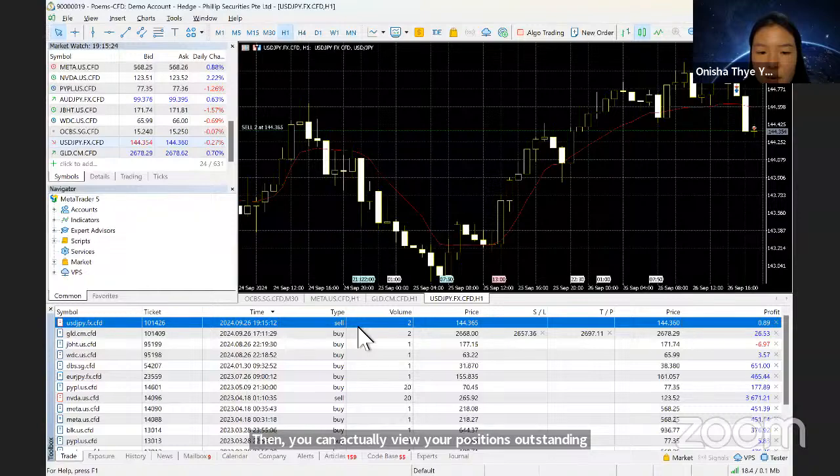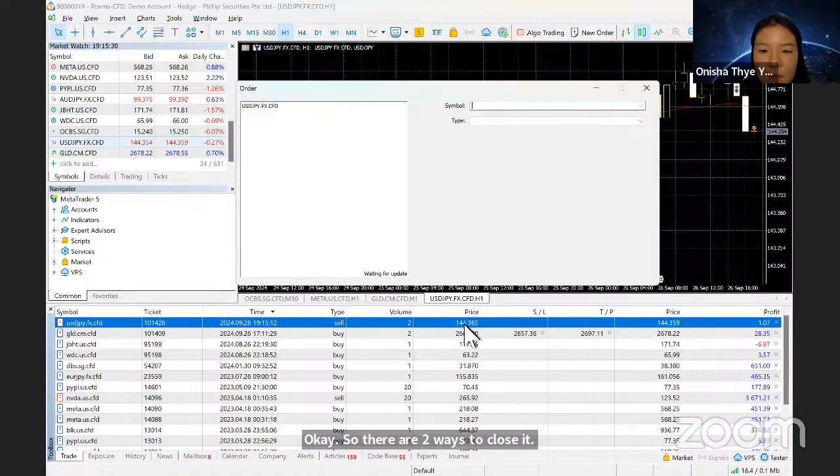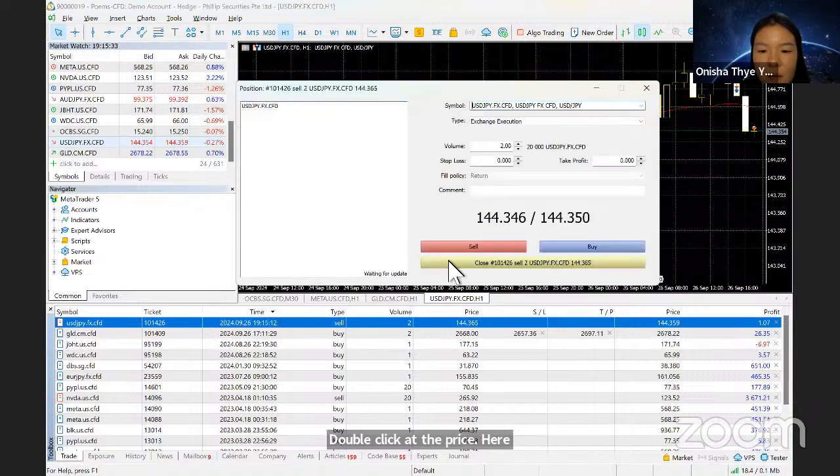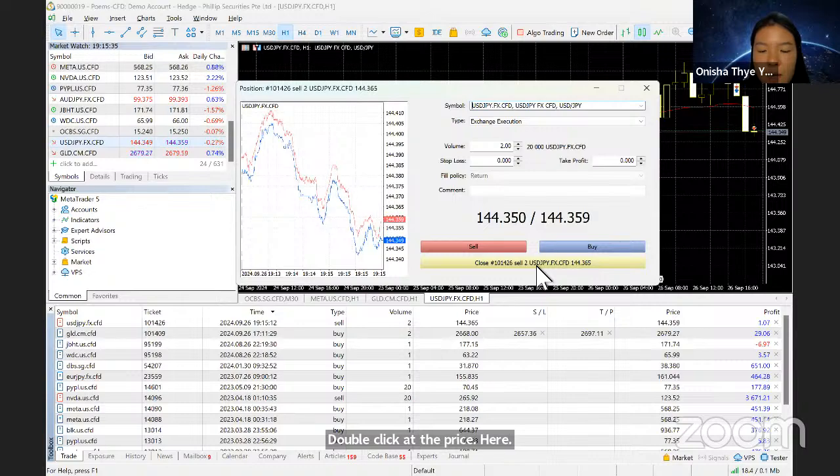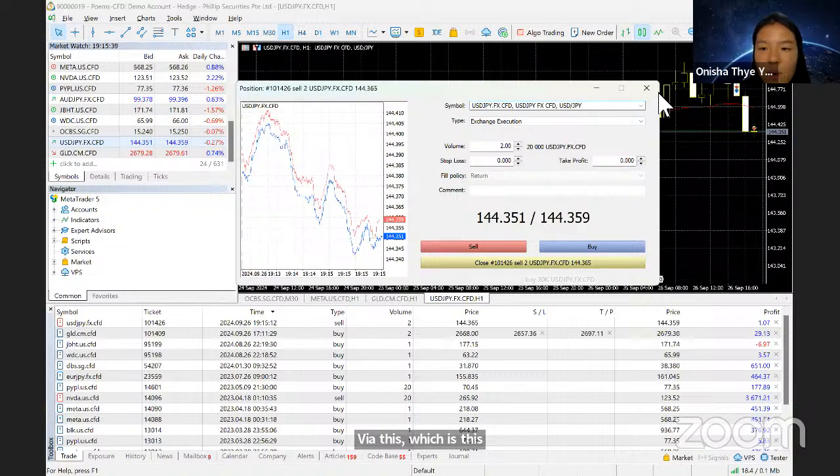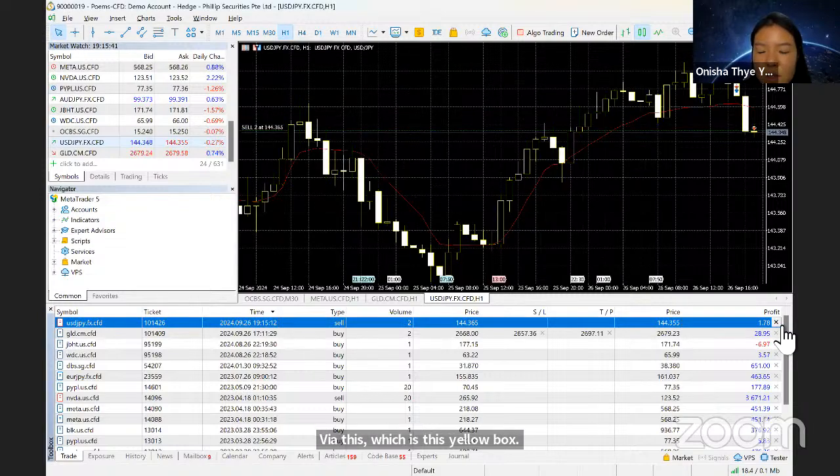There are two ways to close it. The first way is you double click at the price here, and then you close via this yellow color box, close here. Another way is you press this X, which closes the position.